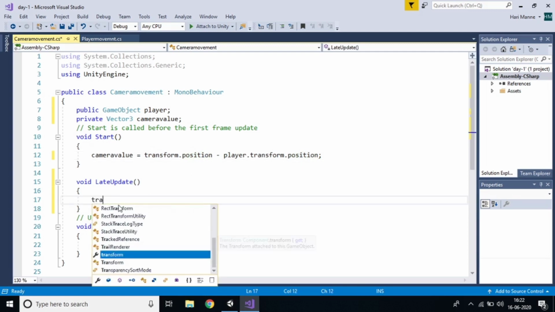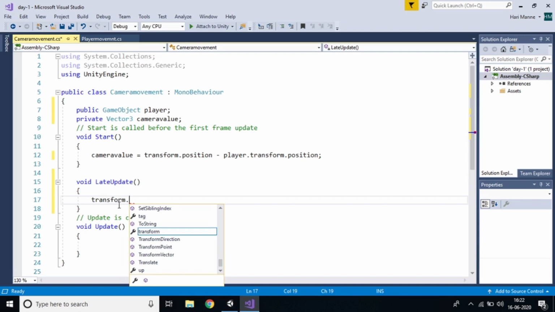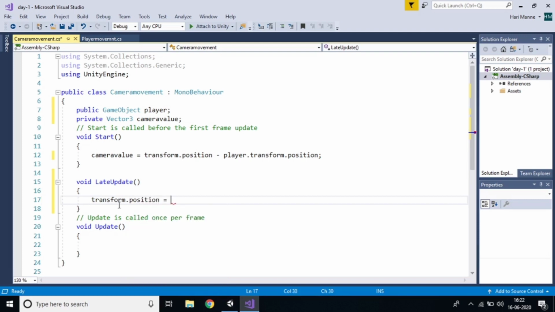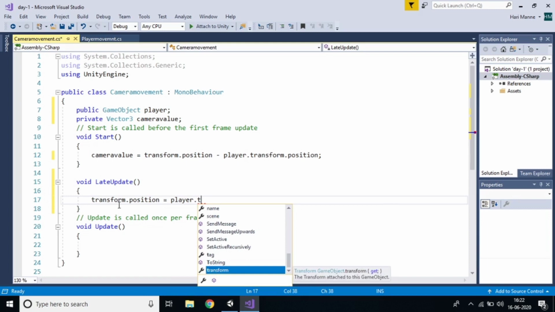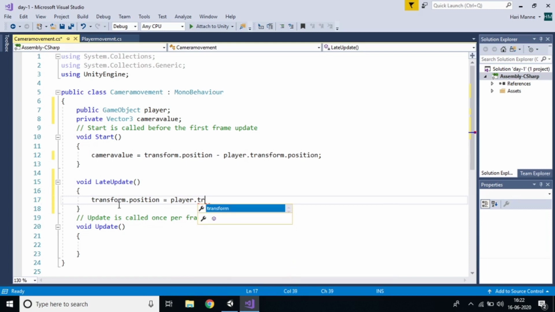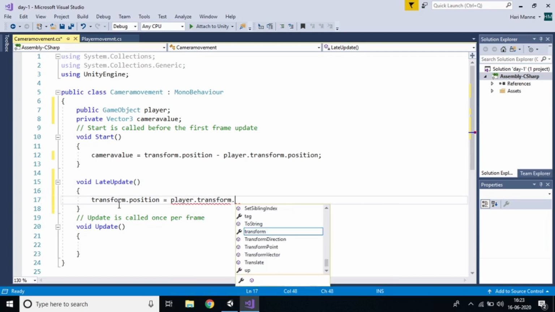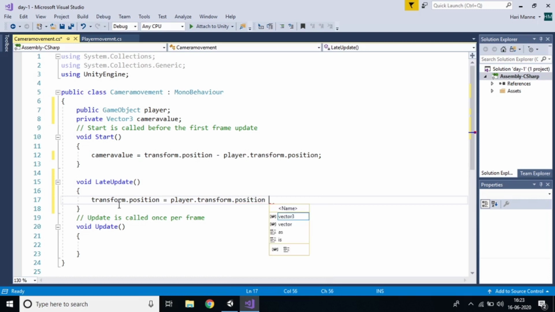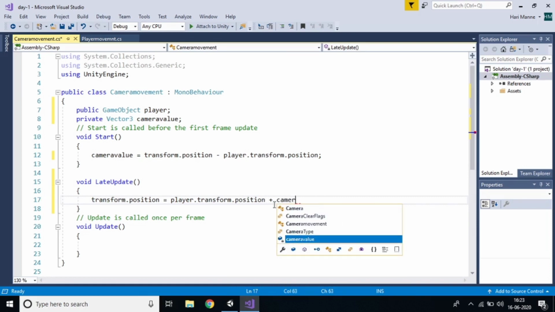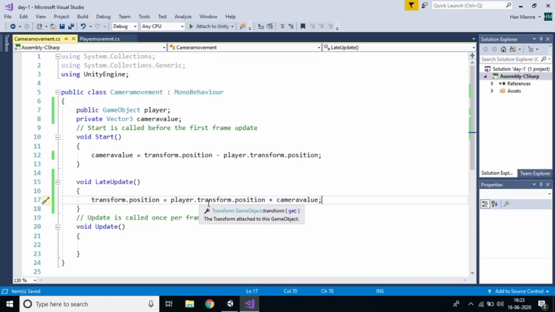So transform dot position is equal to player transform dot position plus camera value. Save it with Control S.